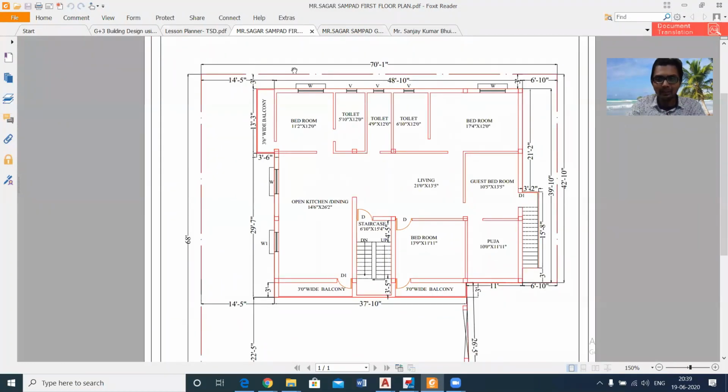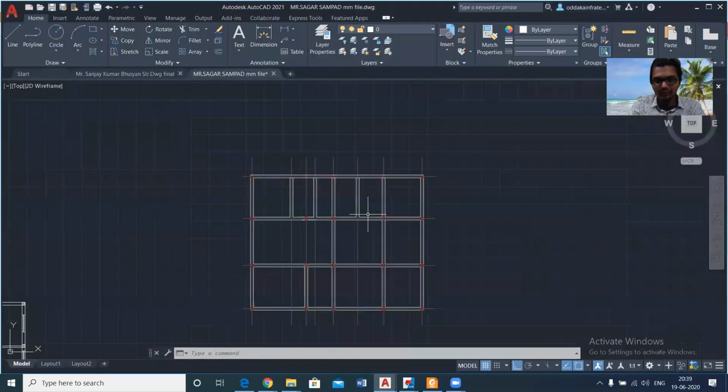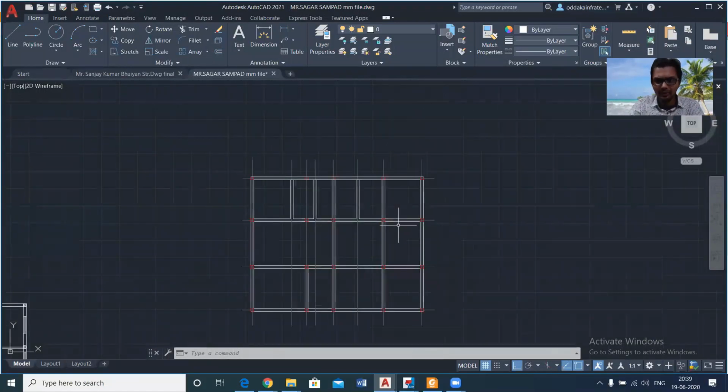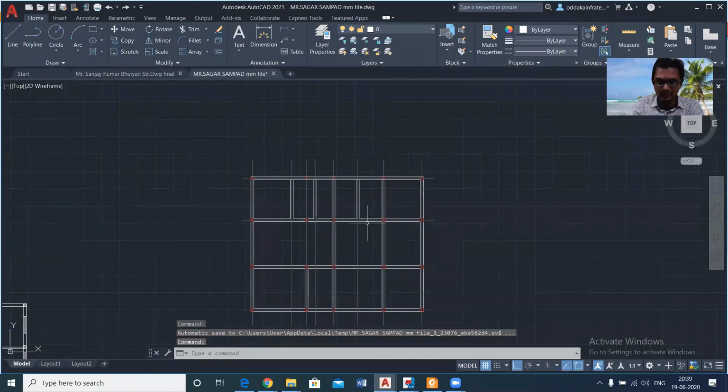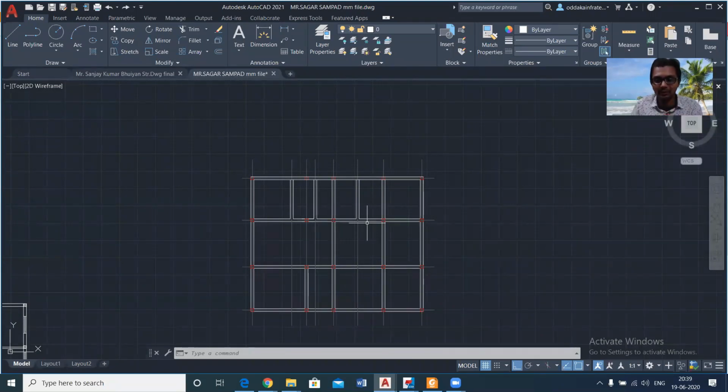And after drafting them, if there is a wall here, then a beam will be present here. We have made the beams, and we have made the centerline of these beams, which is this. So this will import directly into Tekla Structural Designer, because we want to do the structural design of this building, in which the structural details of all the members, including the sizes of various members, for example the size of the beam and the reinforcement used in the beam can be visible, because when you design a building, you need to present it to a client. So in this course of G+3 building design, we will take you to the final step.